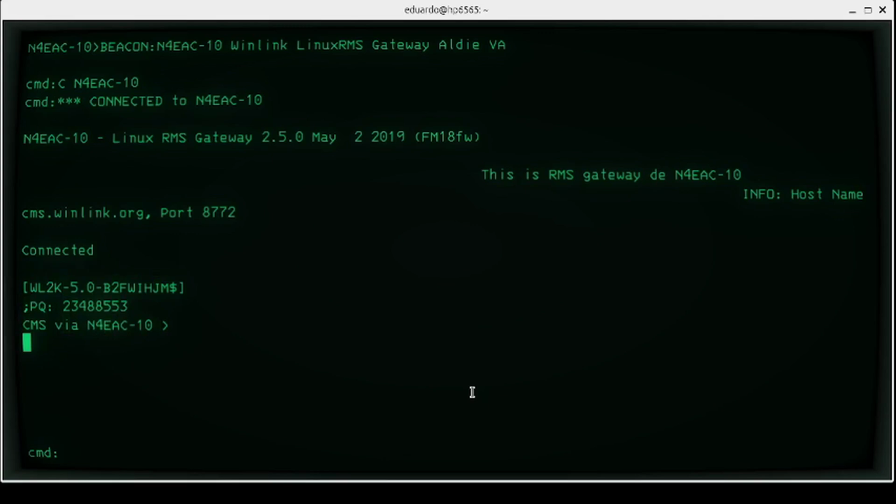Okay, so now I am connected to the gateway, and at this point I usually send a question mark to get a login. Not sure if that's the right procedure, but that's what I do. So now I have, sorry,